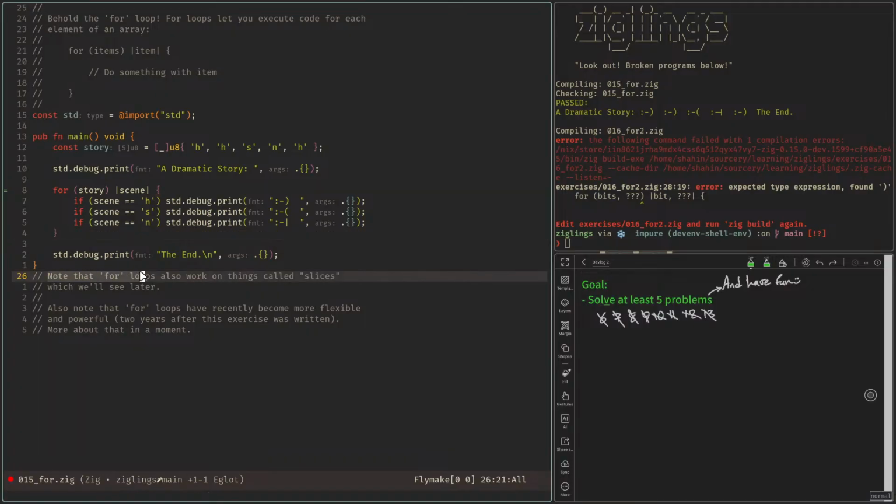Note that for loops also work on things called slices, which we'll see later. Also note that for loops have recently become more flexible and powerful 2 years after this exercise was written. More about that in a moment. Okay, but for now, I'm going to